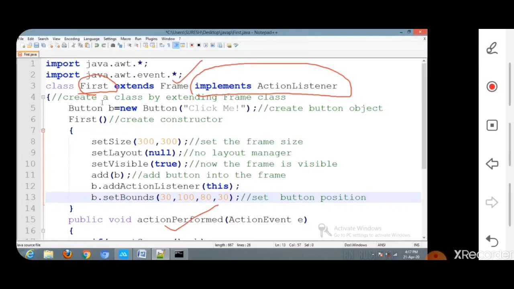But this actionPerformed method is invoked automatically whenever you click on the registered component. Here the registered component is button object B, and this is the registration process. When the action event occurs, the actionPerformed method is invoked. The object of that class must be registered with a component. The object can be registered using the addActionListener method.